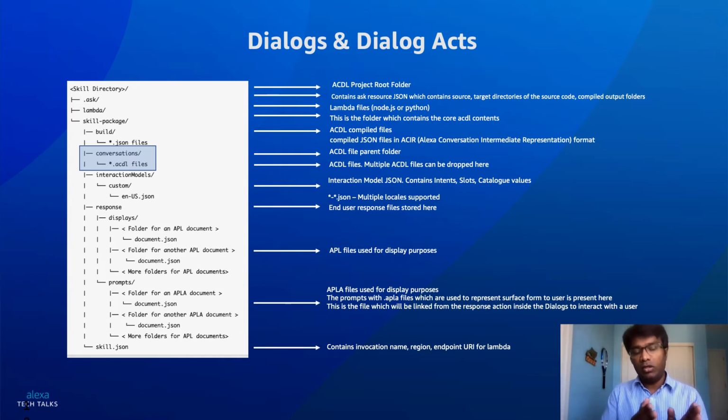file, the deployer picks up all your ACDL assets and converts them into an intermediate format called ACIR, which stands for Alexa Conversations Intermediate Representation, and those are the files which are actually sent to runtime. Basically, they are used to train the model and also create all the simulation data based on the dialogues you have provided, and it will generate thousands of variations for every dialogue you have provided.